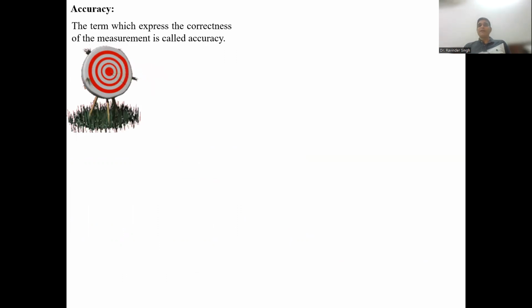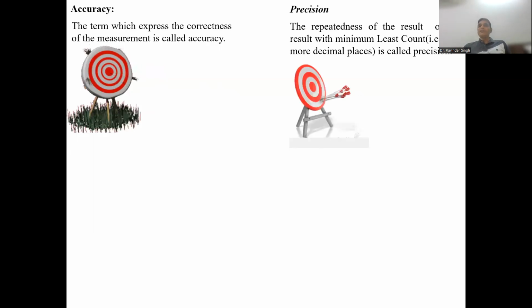The term which expresses the correctness of the measurement is called the accuracy. जो किस चीज को मेजर करती है कि हमारा रिजल्ट कितना ठीक है, जो उसको एक्सप्रेस करती है, उसी को एक्यूरेसी कहते हैं। Now the precision, the repeatedness of the result, or the result with minimum least count, that is the result up to the maximum decimal places, is called the precision। उसे आप precision कहते हैं।